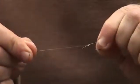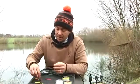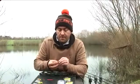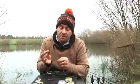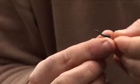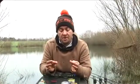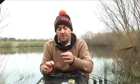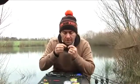Now it's time to put on the Zig Aligner. Very simple. Just go to the end of your line. I'll choose the black one today. And simply thread your line through the loop end of the Zig Aligner, which then comes out of the back of the Zig Aligner. And it's now attached to your line. Exactly the same concept as our existing line aligners. Simply thread it down to the hook end. Just give it a bit of a lick,